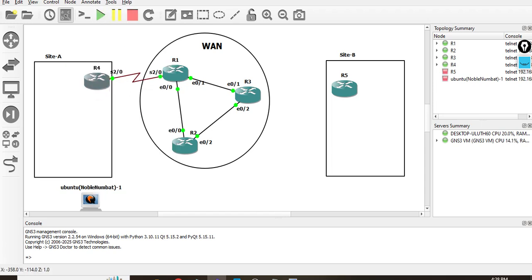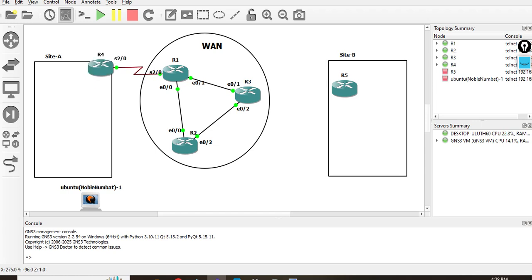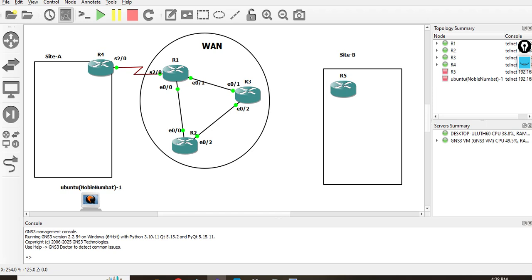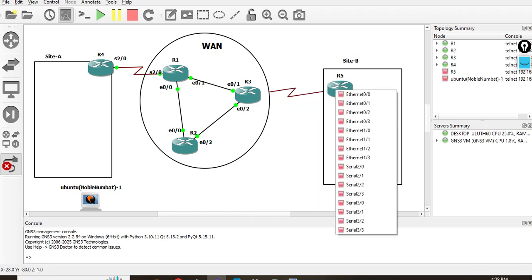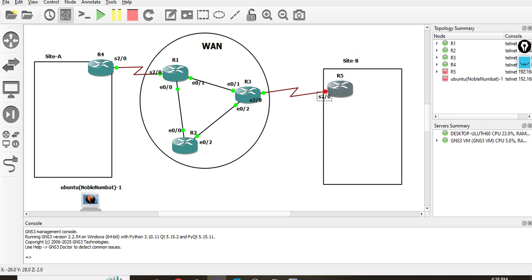Let me power it up, and here from site B, let me connect serial 2/0 to serial 2/0 here,